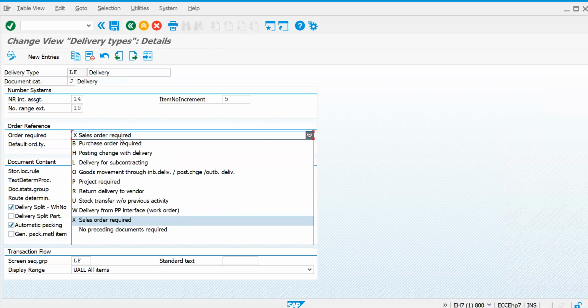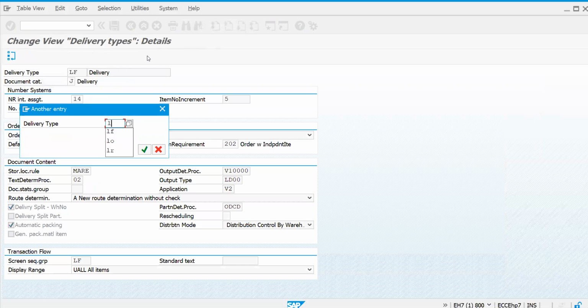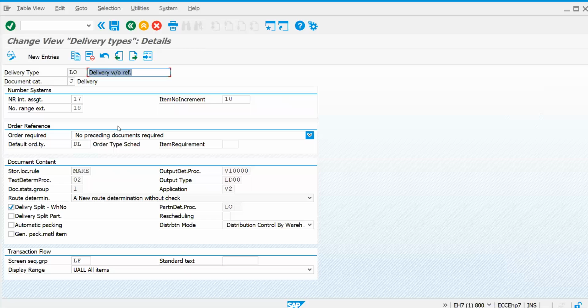Why is the sales order required for LF, and why you don't require a preceding document for your LO document type. When you have a doubt like, without a preceding document, how does your system understand direct delivery creation?